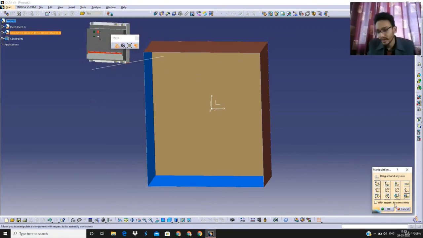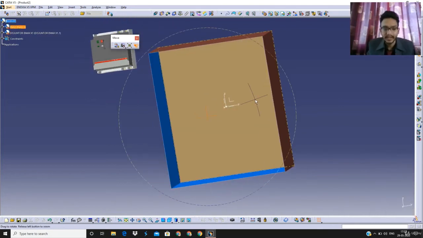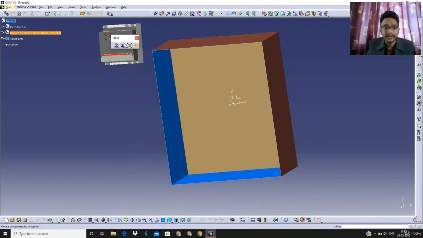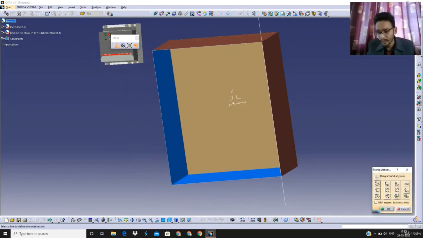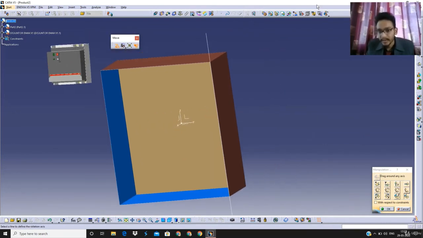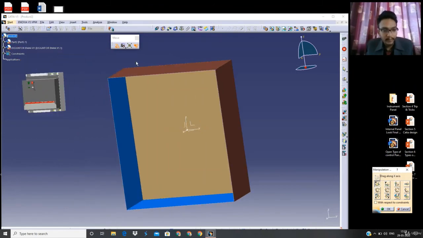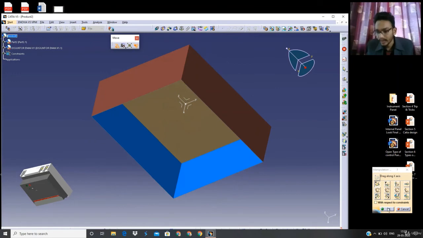Once you ensure that yes, my panel box is vertical and my PLC is also vertical, now how to place that component? It's very simple. Press the first component. Now here you can see an x-axis, y-axis and z-axis. These are the three options available. This is the x-axis, meaning my part can be moved on the x-axis. If I select a manipulation point with drag point axis as x, I can take this component and pull it in the x direction. Similarly I can pull it in the y direction,